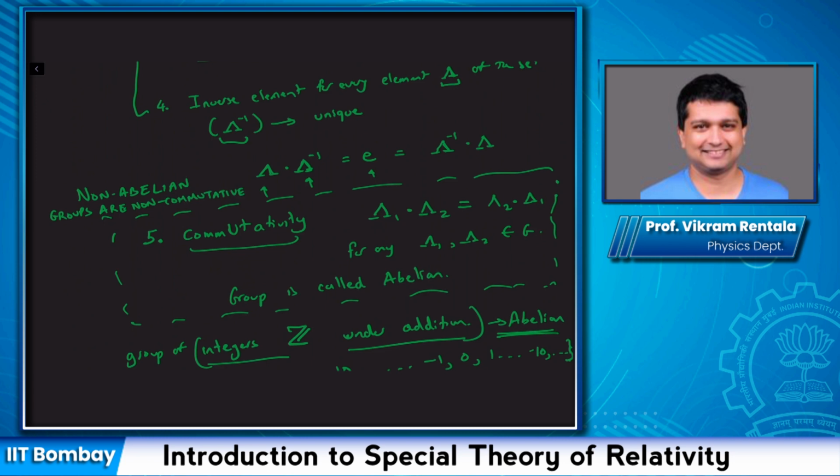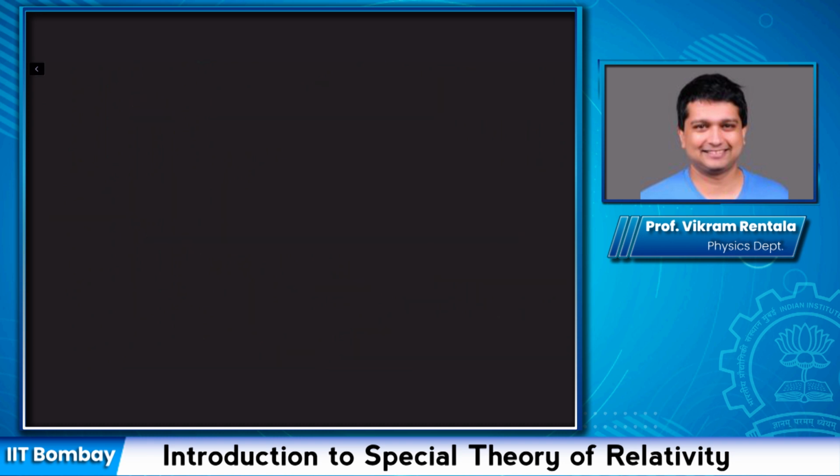All right, there exist at least some elements of the group such that lambda 1 dot lambda 2 is not the same as lambda 2 dot lambda 1 for these groups. Now, let's show that the matrices lambda that we have taken, the set of all such matrices which satisfy this equation,